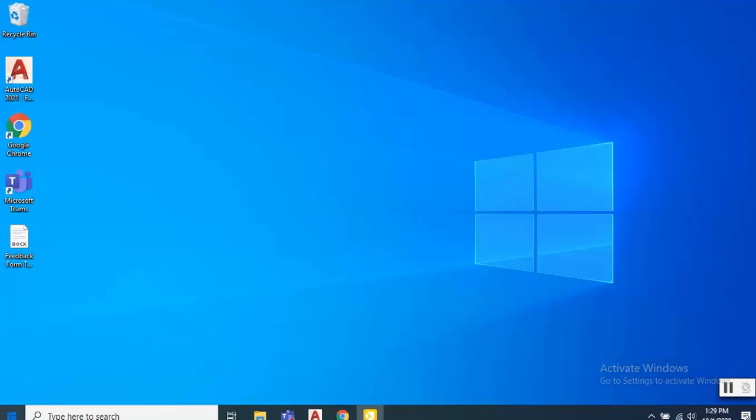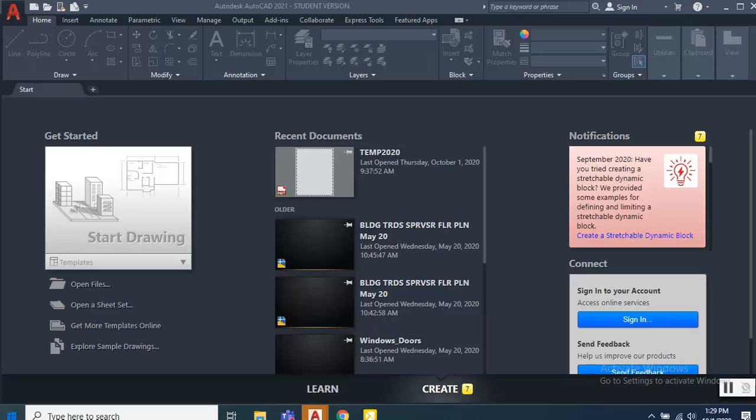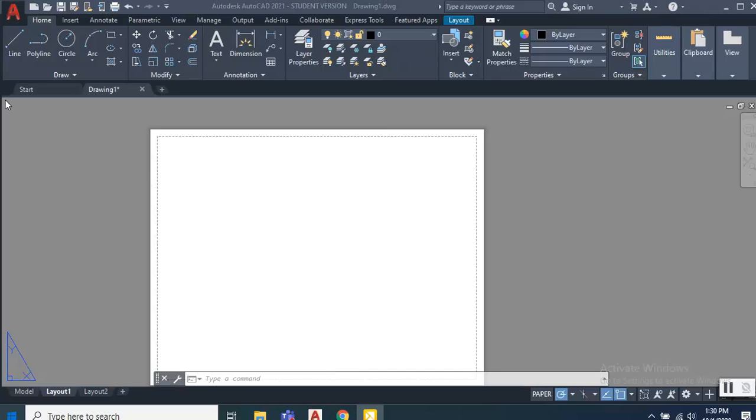Let us begin by opening the AutoCAD application located on your main screen of your computer, laptop, or mobile device. Once AutoCAD has launched, select the Start Drawing option on the home page to begin a new drawing. This will be located underneath the Get Started. You will notice at the top of the page there is a ribbon that goes horizontally across. In the middle of the ribbon you will see a tab that says Layers. Please click on Layers Properties to open up the Layers Properties Manager.